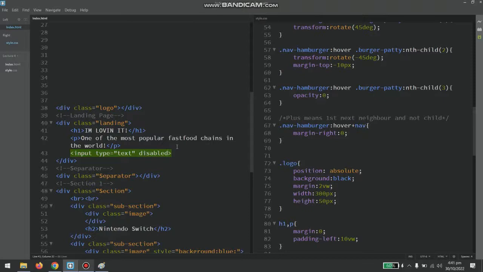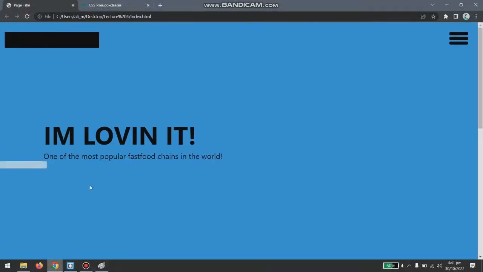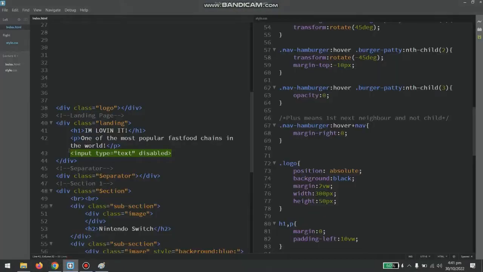This is called element property. Disabled means you cannot write anything in that text box. If you have a question why we even make something like that, well, we make something like that because